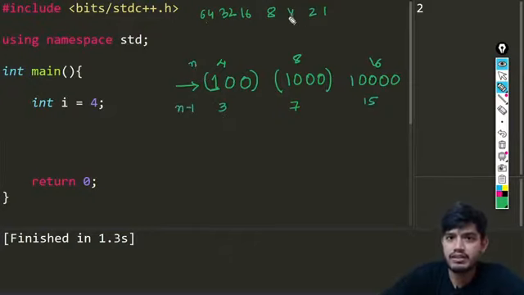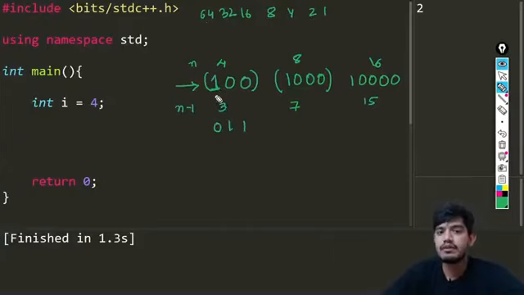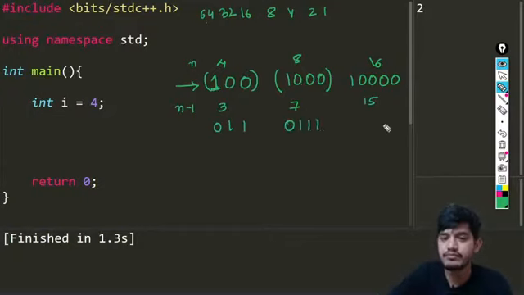So you can see how we can represent this n minus 1, which is nothing but 3. You can see except the bit which is set, all the values will be set. This will become unset and all the other bits will become set. For this also, if you talk about 7, it can be represented something like this. If you talk about 15, it will be represented like that. Whatever the set bit is, for only the power of 2 I am speaking, except for the set bit all the values will become set.